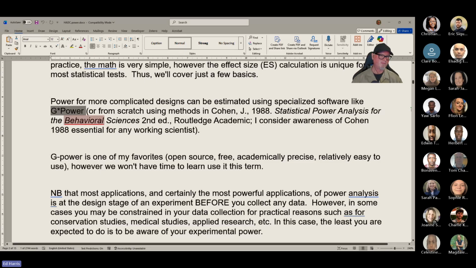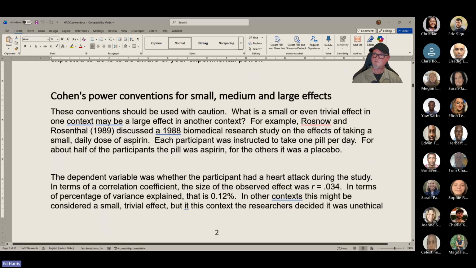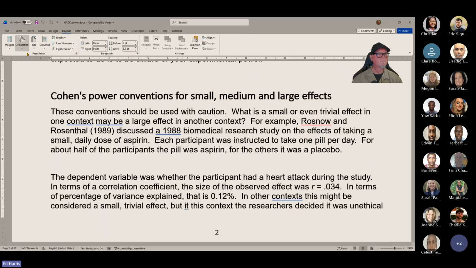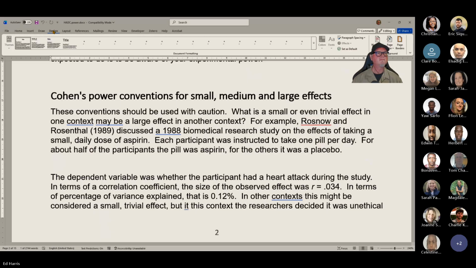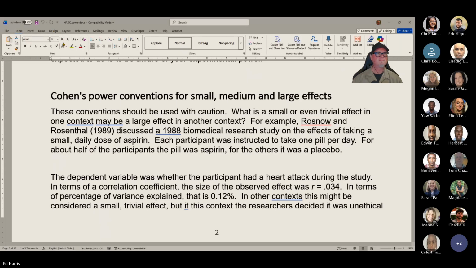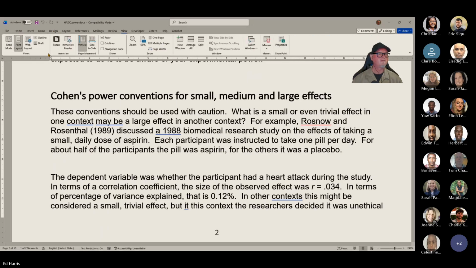I find R, believe it or not, to be easier than some of the other graphical user interface software. And if you try G*Power, you'll see why. But what this entire document is, let's see if I was smart enough to put in